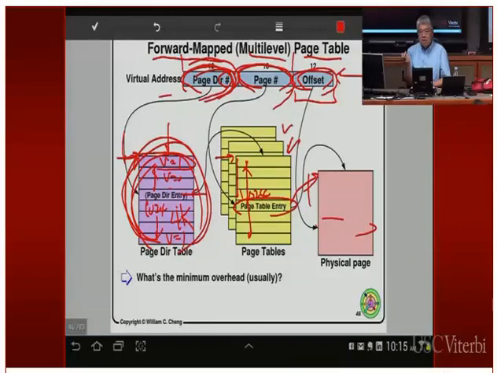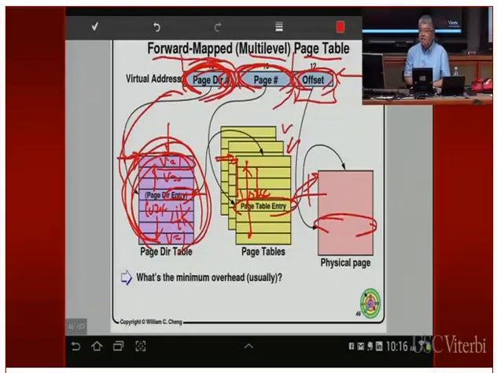Why is that? Because right now when you do translation, you have to go through two levels of page tables. In the previous case, you do one translation to get to the physical address, and you use that physical address, send it to the bus, and then you can get the data. But now you have to go through two levels of translation. This one will give you a page number. You go to the physical memory, fetch that page table entry, and that will give you another address, and do another computation, and then go to the memory bus again in order to get to the actual memory location. So now instead of going to the bus once, you have to go to the bus twice. So you are twice as slow for every memory reference, but you save a lot of space.